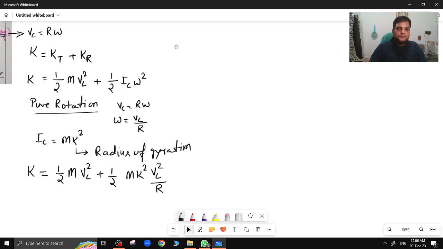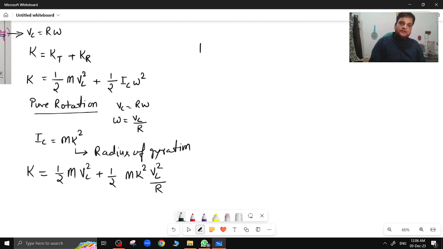Look at both terms. You can take half m Vc square common. Now here you will get 1 plus k square by R square. So here the total kinetic energy is given by